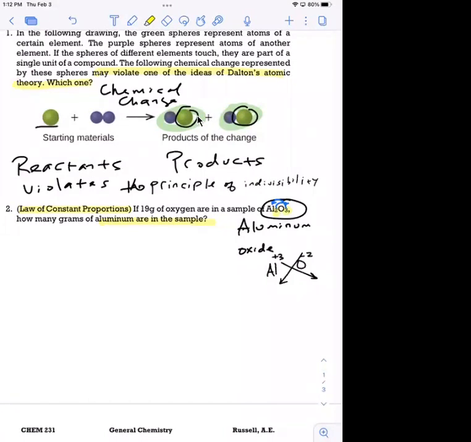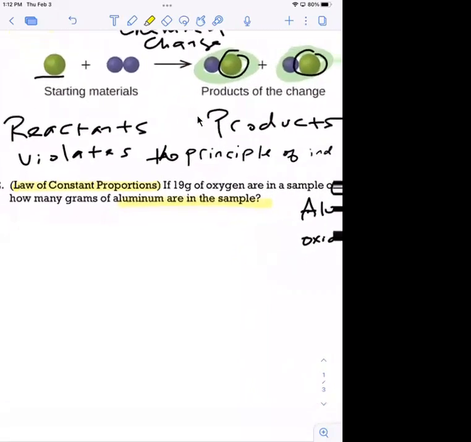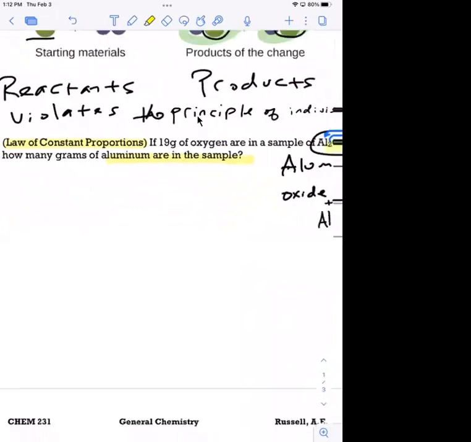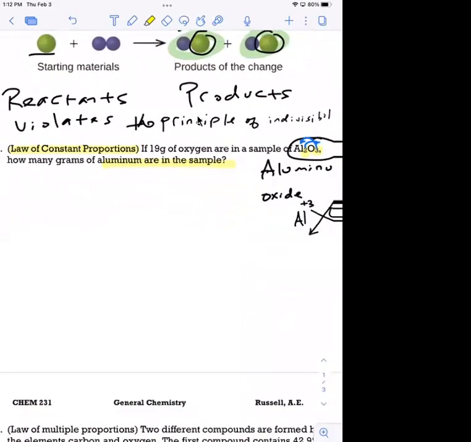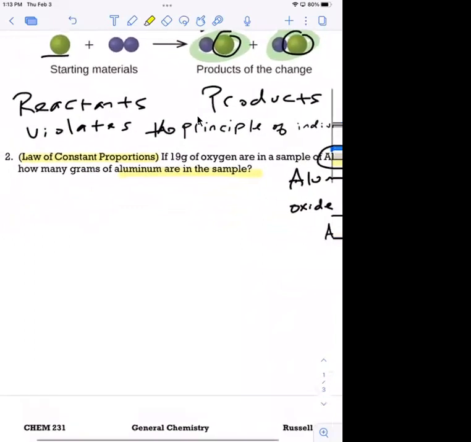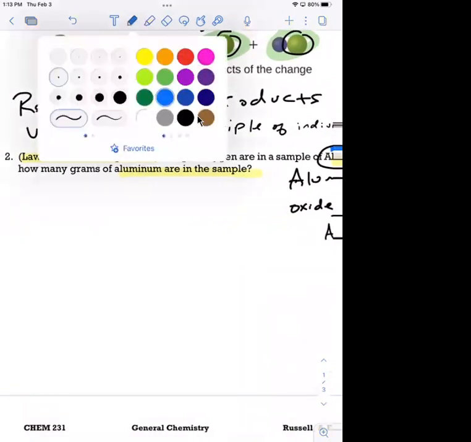Whenever we have to find out the total weight of the aluminum oxide, okay, let's think about it. Do we need the total weight or do we need the atomic masses of aluminum and oxygen? So we need aluminum and oxygen,